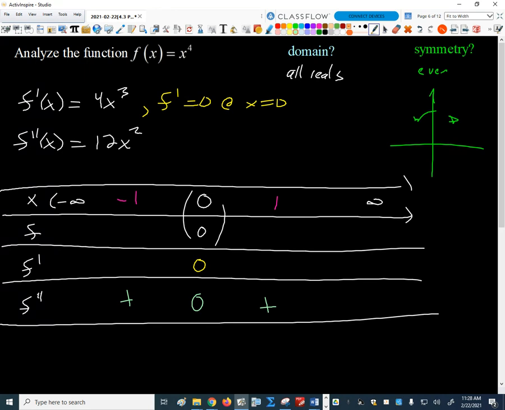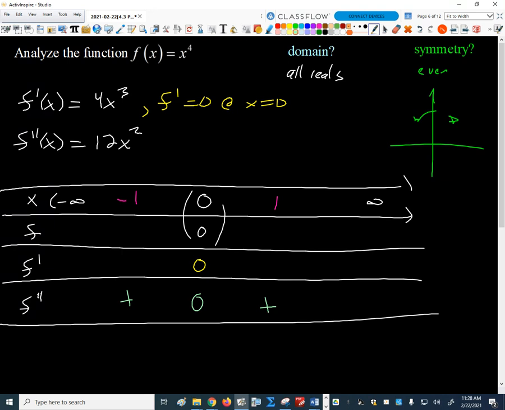Think about the concept of concavity. If it's positive concavity, that means that it's bowl shaped up and that a tangent to the curve sits below the curve, right? If it's concave down, it's bowl shaped down, and a tangent line sits on top of the curve. Okay, but if I graph the function